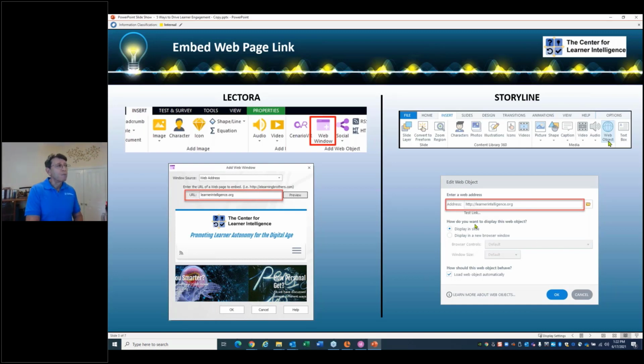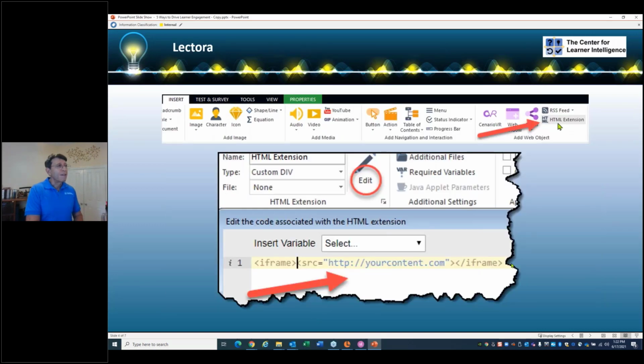Option number 2, okay? In Lectora, I could click on HTML extension, and I get a window where I could type in or copy and paste iframe code. Iframe is simple HTML code, which says in this area, in this frame, include this content.